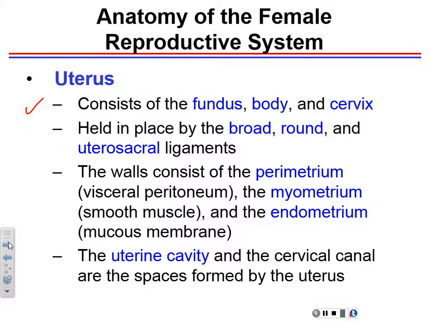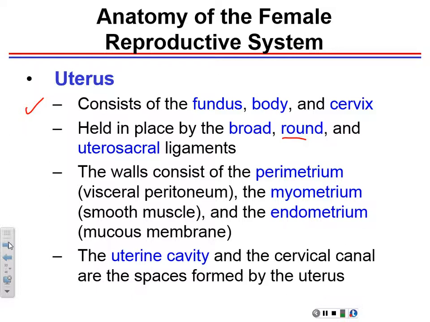All right. Like I said, remember that there are these ligaments that hold the uterus in place, plus all the other organs like the fallopian tubes and the ovaries too. So the broad ligament is one that is attached to all the sides of the uterus, and it's broad because it spans the whole width of the uterine tubes as well. And then the round ligament goes around that and anchors the uterus in place, the round ligament, and then the